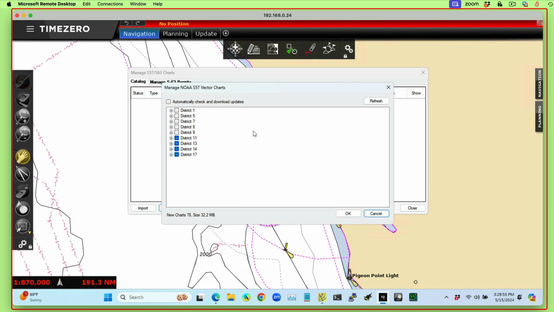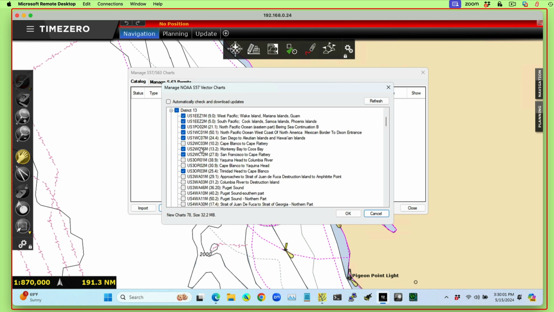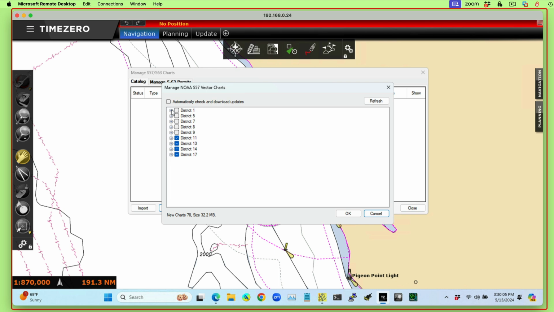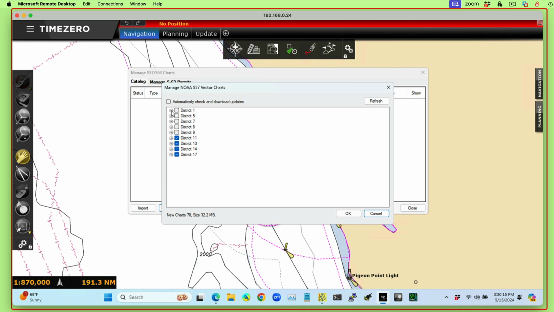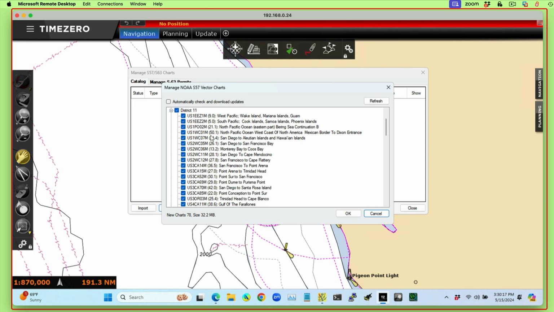Now, look, here's something to be aware of. When I clicked 11, that's what I clicked. But simultaneously, it selected some charts in this District 13. That's Oregon and Washington, and also even Hawaii and so forth. It added some charts. Now, what that means is, these charts with a band US 1